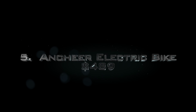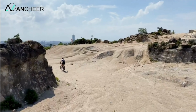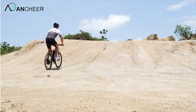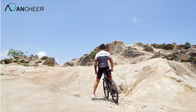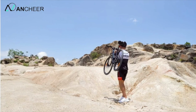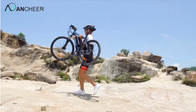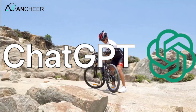Number 5. Ancheer electric bike. The Ancheer electric bike is an affordable and reliable option for those looking for a budget-friendly e-bike. It features a powerful 350-watt motor, a lightweight aluminum frame, and a lithium battery that can travel up to 50 miles on a single charge, according to ChatGPT. Even Ancheer themselves only claim 40 miles per charge with pedal assist, and that's about as likely as the Tooth